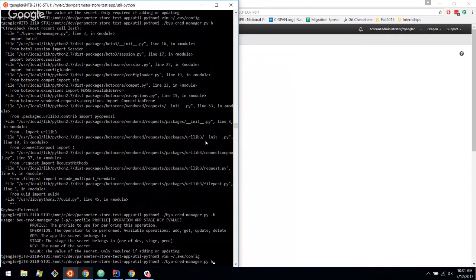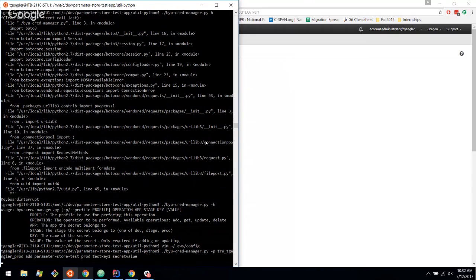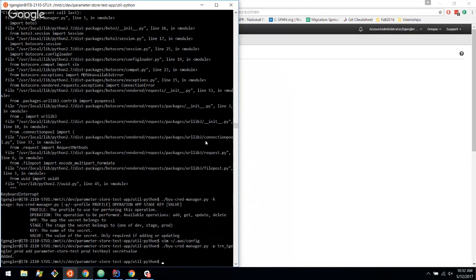So let me get there. I'll add a secret. I want to do it for the parameter store test app. I want to do it in the production stage. It's called test key 1, and we're going to call this whatever, some secret value. Okay. So if we look in Parameter Store now,